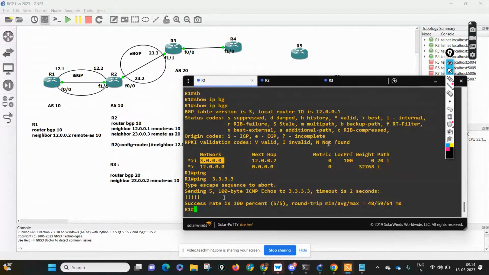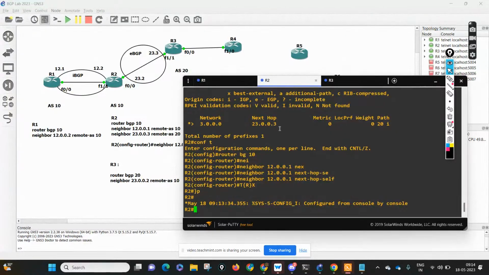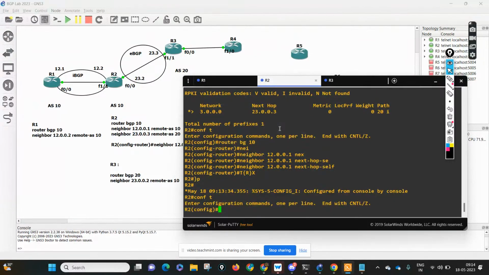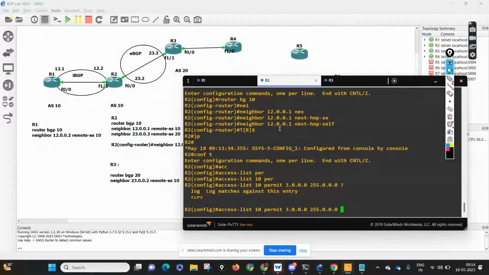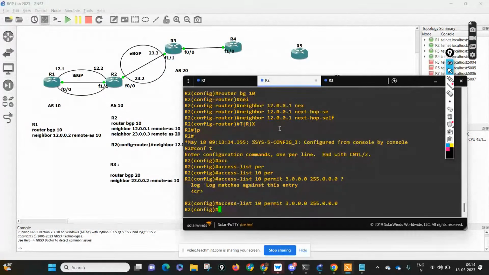What if I don't even want my BGP to learn this particular prefix? In that case, I can use a route map. Let's configure an ACL: access-list 10 permit 3.0.0.0 0.255.255.255. Done. Then I'll use a route map basically to